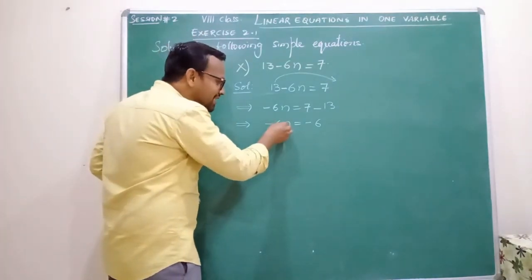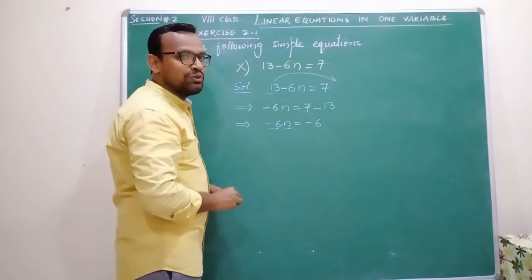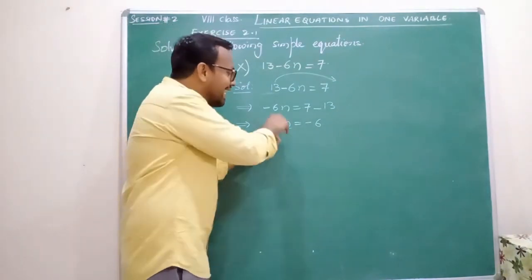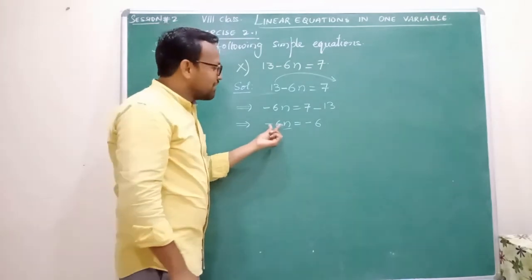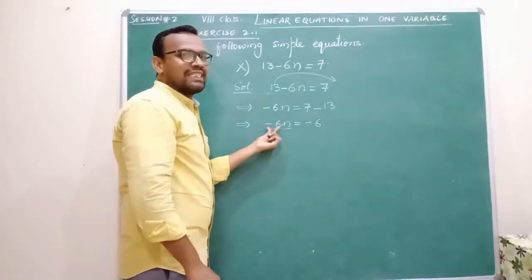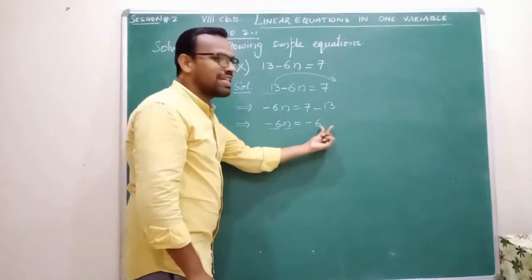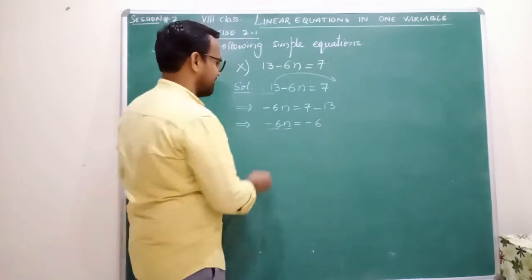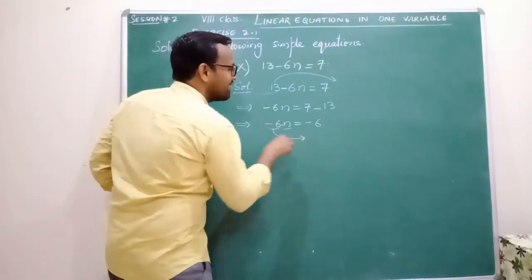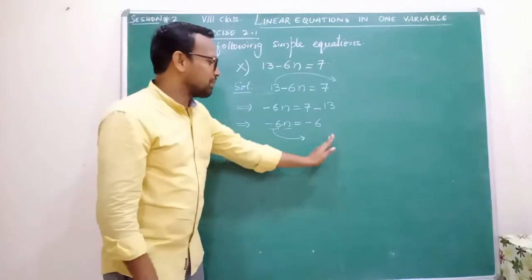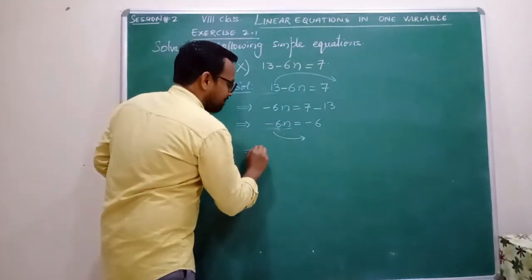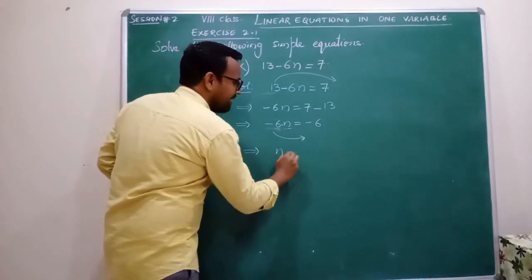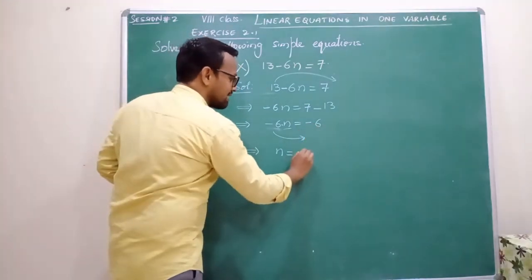What is there in the middle? No symbol, means into. So this is minus 6 into n. So it is an into quantity, isn't it? When this into quantity is transposed to the other side, it becomes by, right? So that implies n is equal to